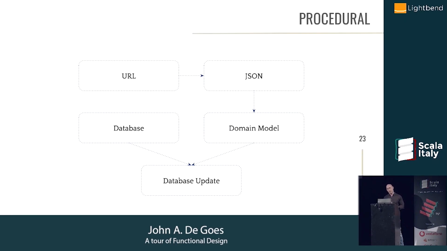So imagine you're working for a company and one of your jobs is to collect data from a bunch of different places and integrate it. So maybe you're doing this for purposes of model building, or maybe it's just something you display on your website or mobile app. But a good part of your job is writing code to implement high-level flow diagrams like this. In this case, there's some URL, you need to go grab some data on there, you need to parse it as JSON, and you need to convert that to your domain model, and then you need to grab some stuff from the database, you need to mash those two things up together, and finally you need to update the data in the database. So this is an example of something that's in the business world.